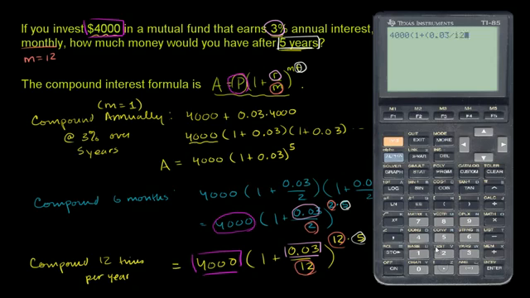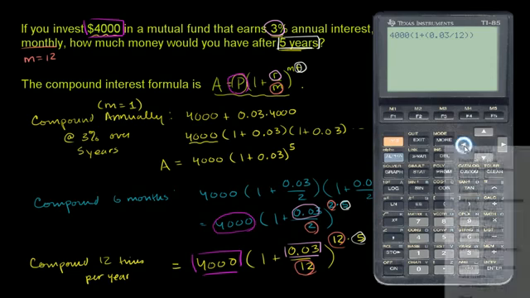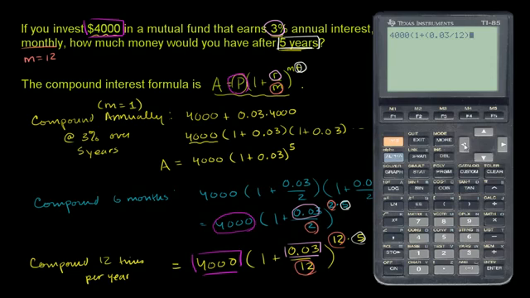So that's how much we're going to compound every month. And then all of that to the 12 times 5 power. Actually, let me make it clear that we want to do the order of operations. So let me insert a multiplication sign, and then let me raise everything in parentheses to the 12 times 5 power, or to the 60th